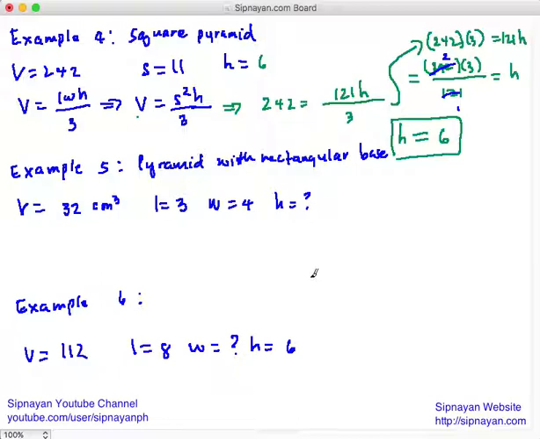Our next problem is yung rectangular naman yung kanyang base, no? So volume equals, ganun pa rin, length times width times height over 3. So volume given na naman dito, we have volume is 32